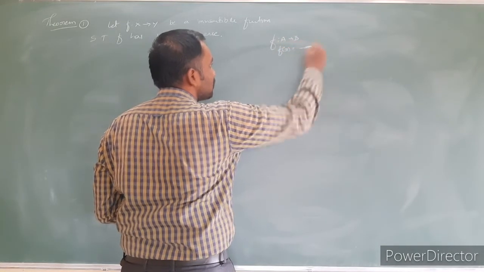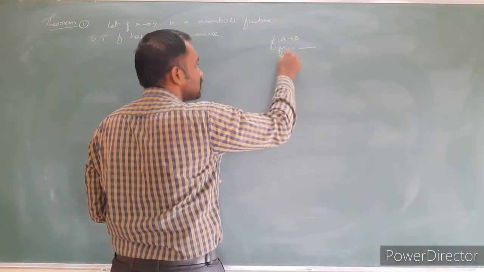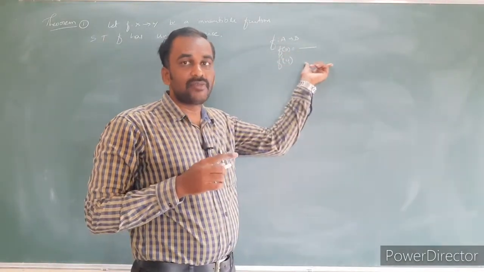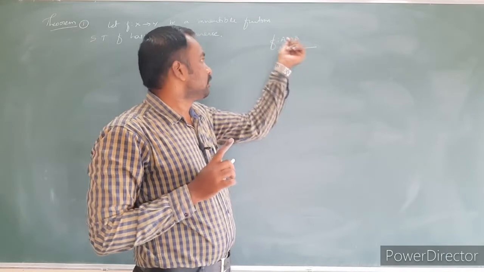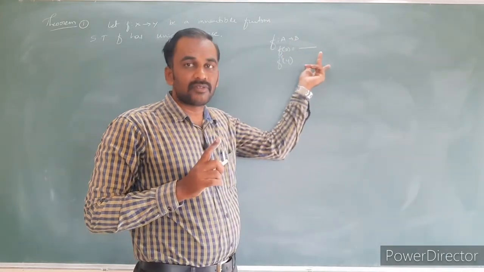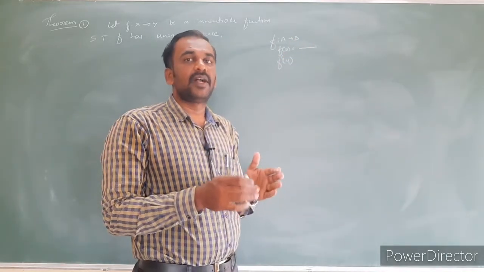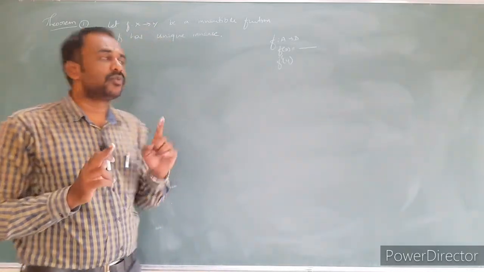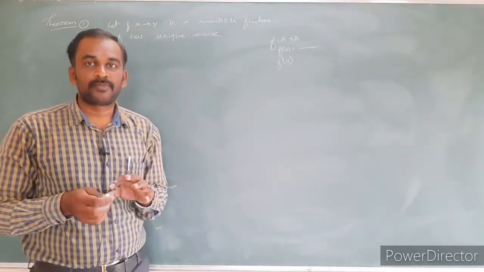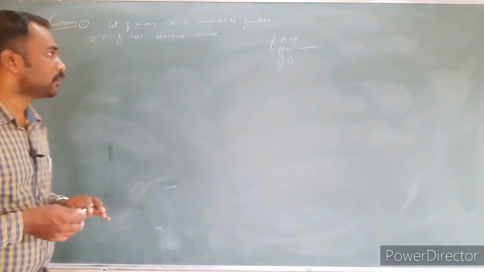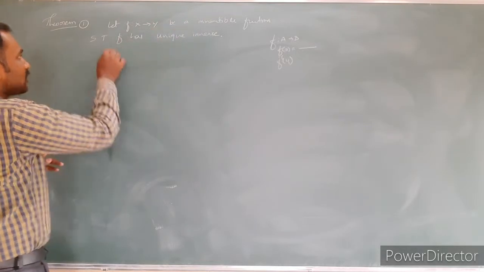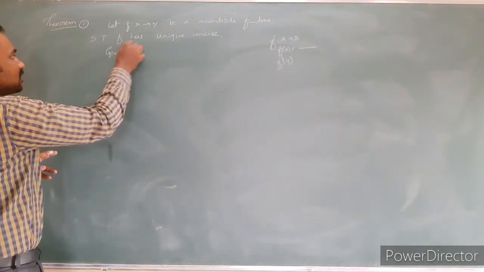Already you know that previously f is a function from A into B defined by f of x is equal to something, and similarly we found the f inverse of y value. So far, for the particular function, we found only one inverse. If the function is invertible, it has only one inverse, that is the standard condition. That is the one we need to prove.